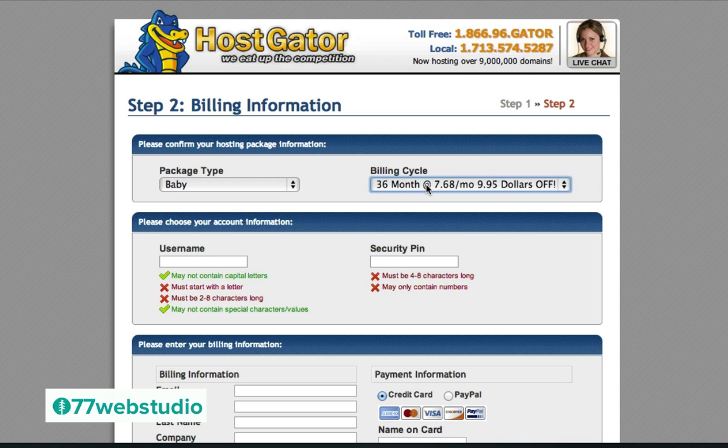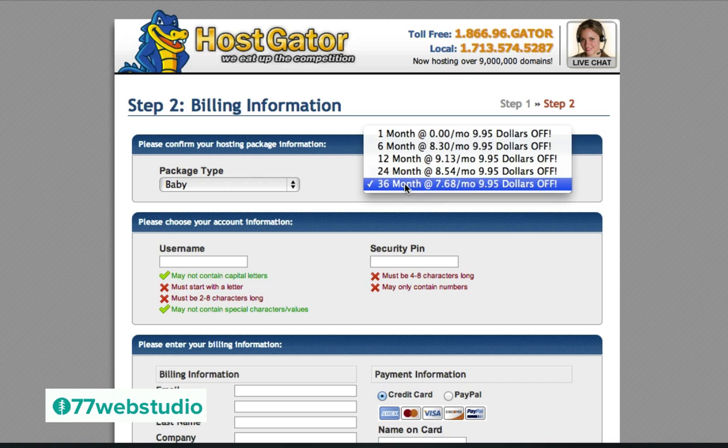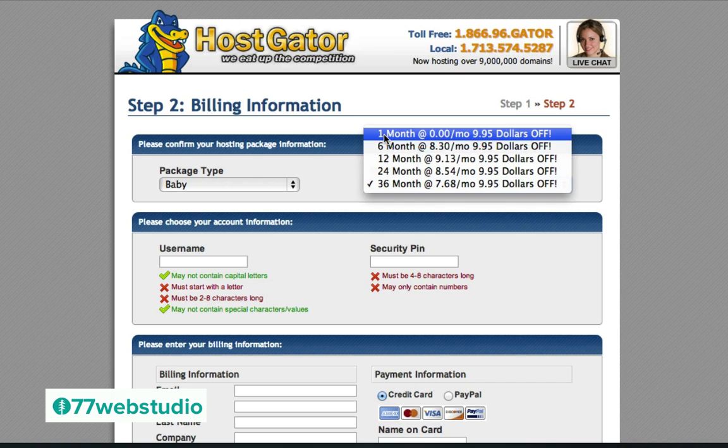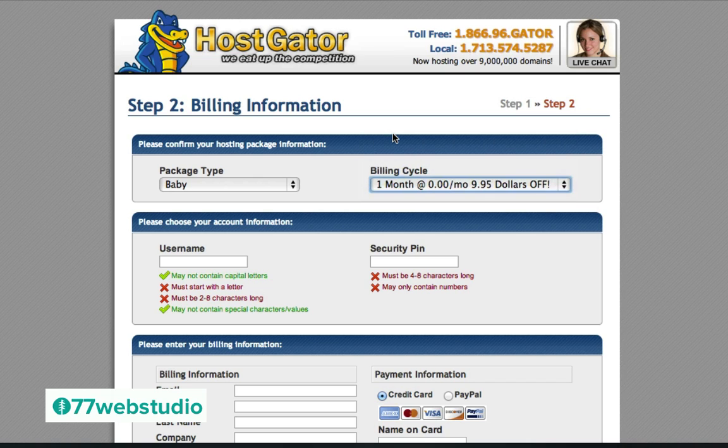Now on this page, we see the first thing at the top is the package type. I had signed up for the Baby plan, so we see that right here. And then we see the current billing cycle that I'm signing up for. Now, I do not want to sign up for 36 months of web hosting all at once. I want to keep my expenses much lower than that, and I prefer to pay month by month. So I'm going to click on this here, and I'm just going to choose the billing cycle of 1 month at a time. That way I'll be paying 1 month as I go for my web hosting.